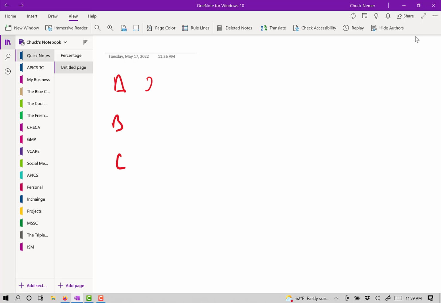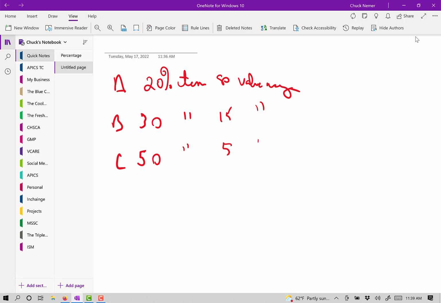It says for A's, 20% of the items would make up 80% of the value usage, and 30% of the items would make up another 15% of the value usage, and the last 50% would make up 5% of the value usage. And so the A's we count the most, the B's we count next most often, and C's would be the